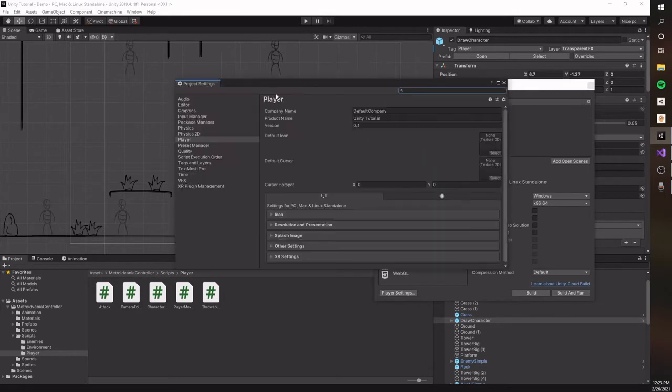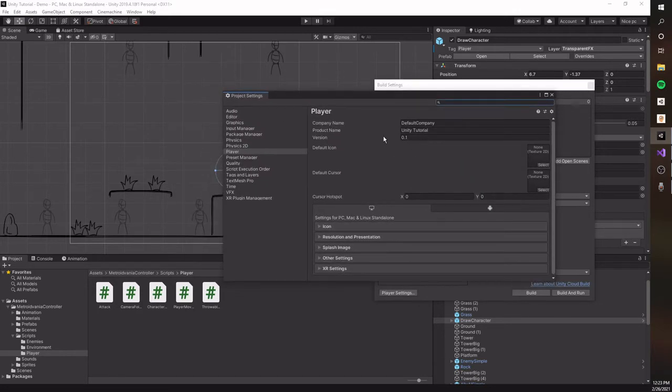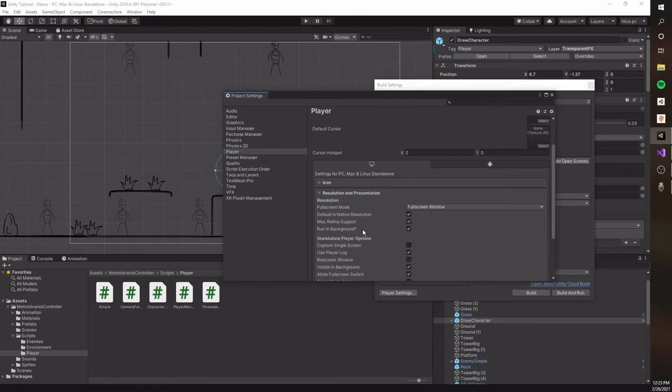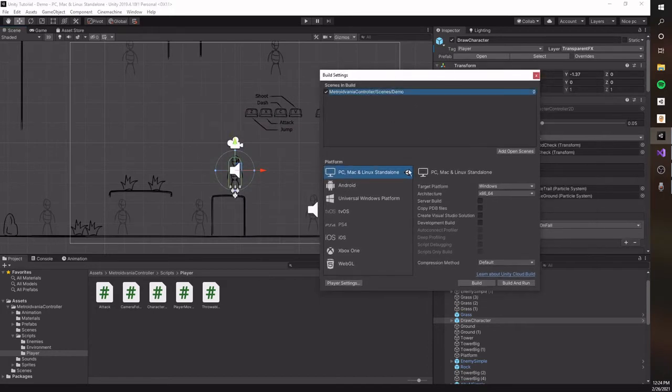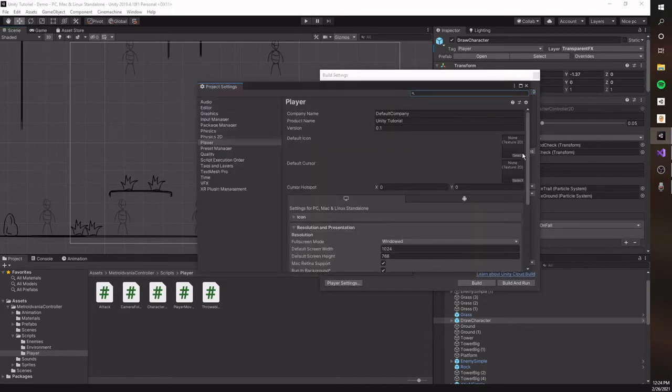here I'm gonna open up this window. I'm gonna select Resolution and Presentation, then change the full screen mode to windowed, and then it's just gonna make my window windowed and not full screen. So now you can also just add an icon, you can change the cursor, add your company name and all that. I'm just gonna call this